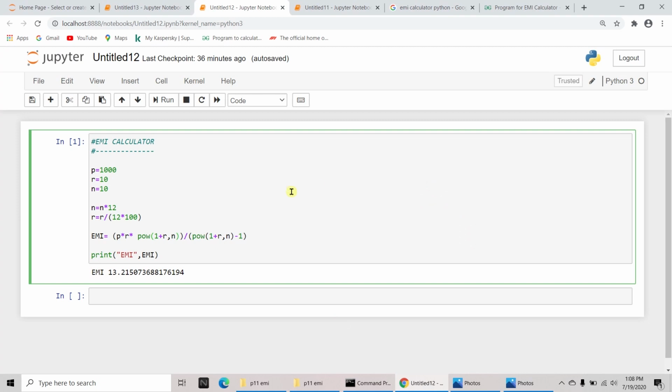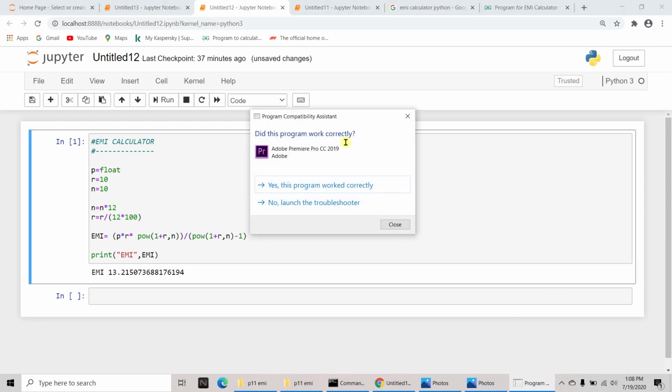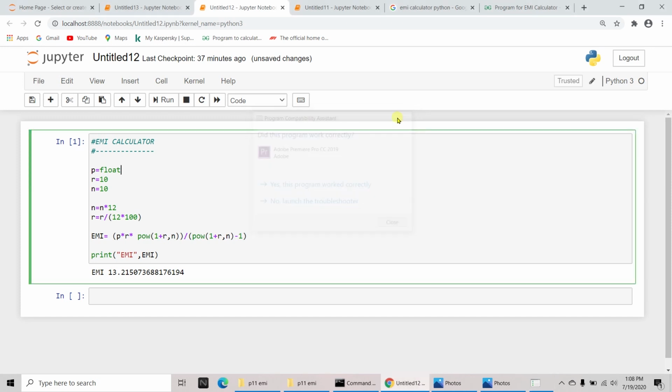One last thing here. We will convert this to an input. So let me convert this to a float of input, so we'll say here enter P. Similarly we'll copy this here.